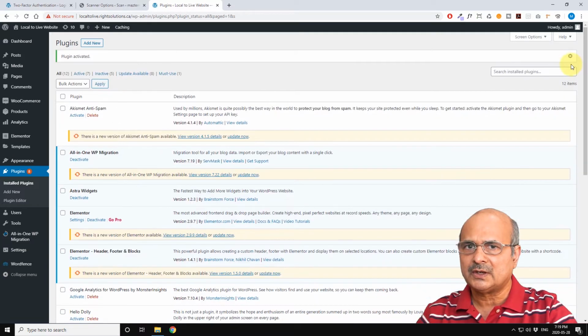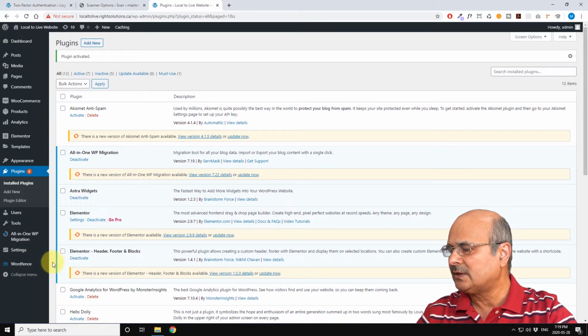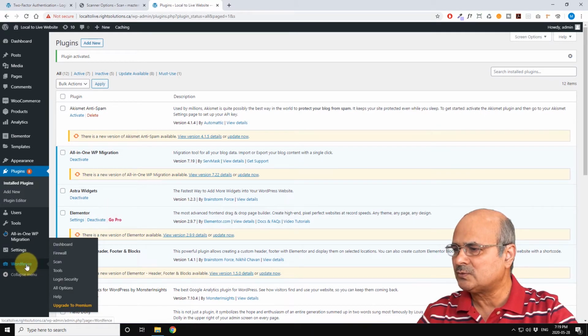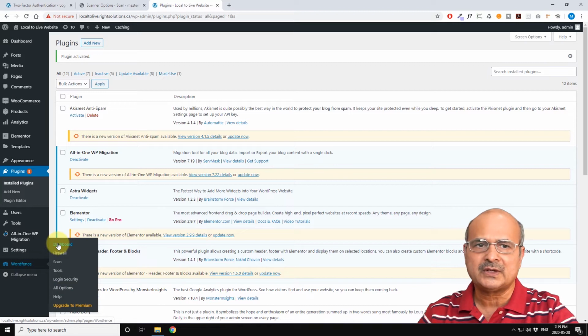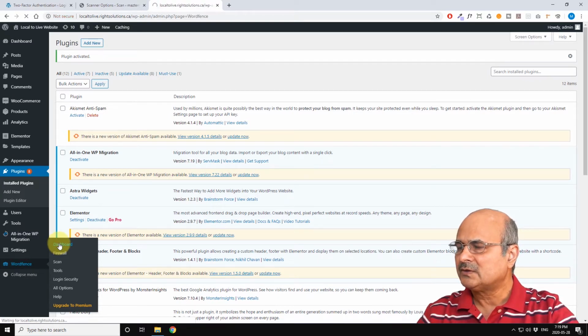If you go a little to the left side in the dashboard, you will see an additional menu has come up which says Wordfence, and this Wordfence has some options here. If you look at the top of it, it has its own dashboard. This is one of the good things, that you can get all the information on their dashboard. So if you click on the dashboard here,